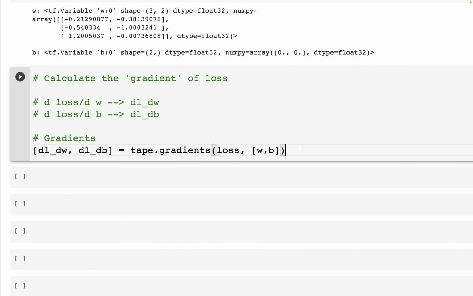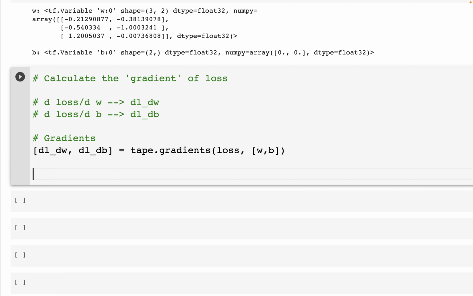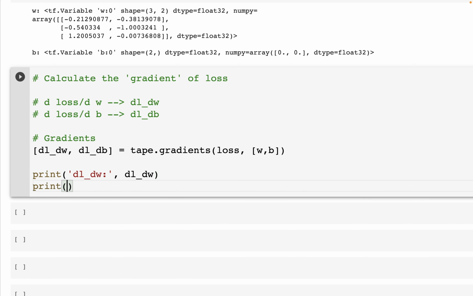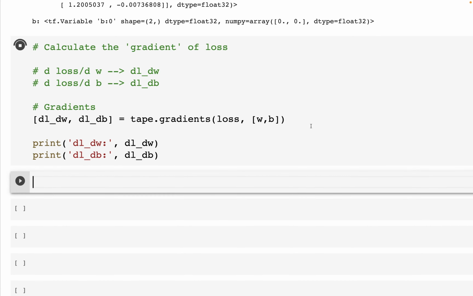Then we can print the values: print dl_dw, and print dl_db, and when we run this,